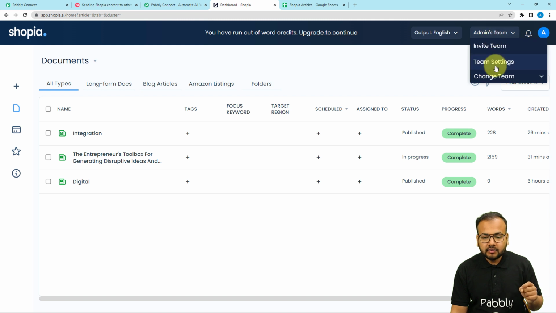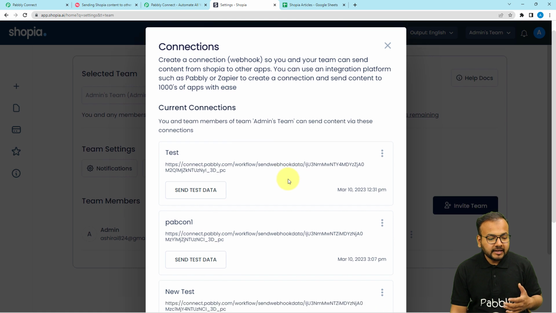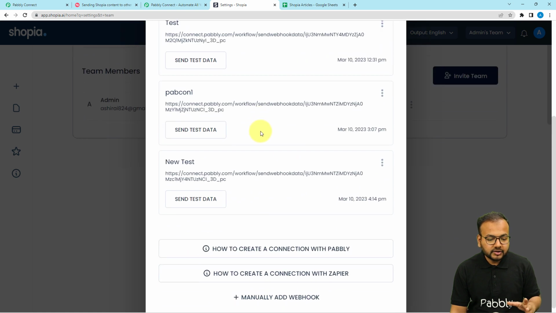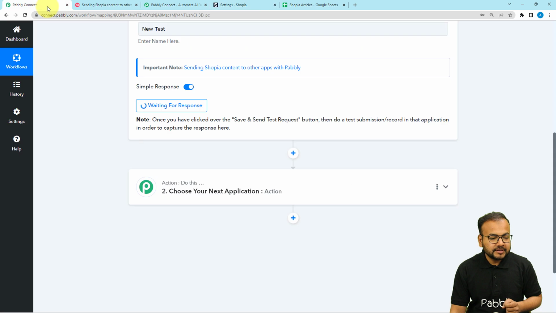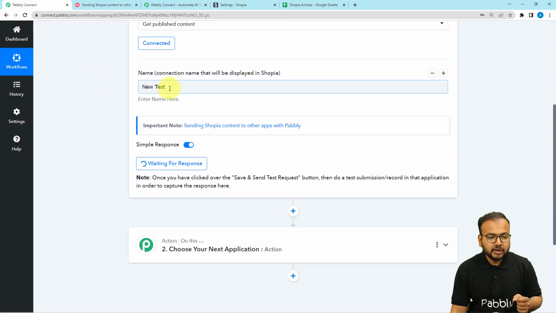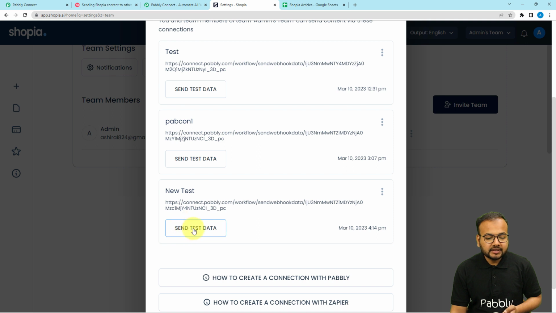By clicking on it, you will find the settings icon. Click on settings option. Under settings page, you will find this connections tab. Click on connections. And here you will find all the connections that you have created inside Pabbly Connect with Shopia. Here you can see my latest connection was this one, new test. You can see this is the connection's name, new test, and it is showing up here. So by clicking on send test data,